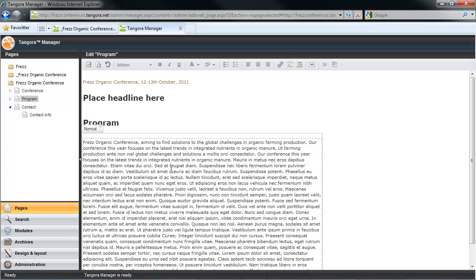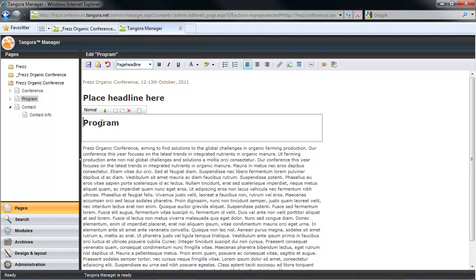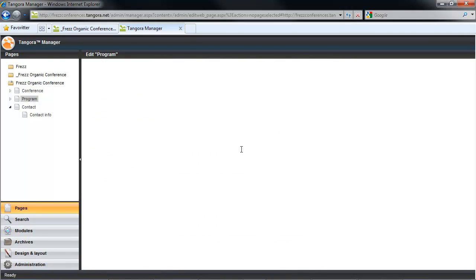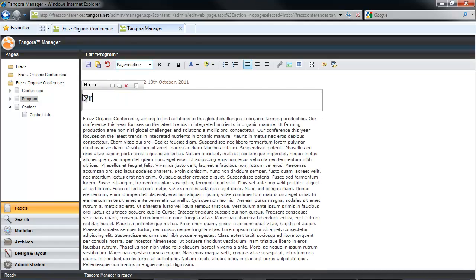Now, I was playing around a bit on this particular page, and that's why we'll see that we have two headlines. One comes from the page layout, and one was there from before when I was futzing around with the page. So I'll just delete my own headline from earlier and add the headline to the page layout provided headline area. So there was a basic run-through of how to create and apply page layouts.